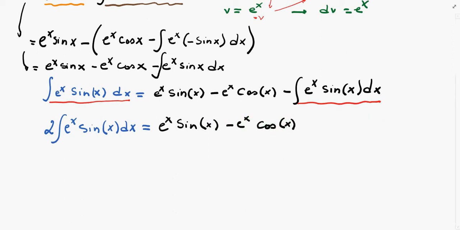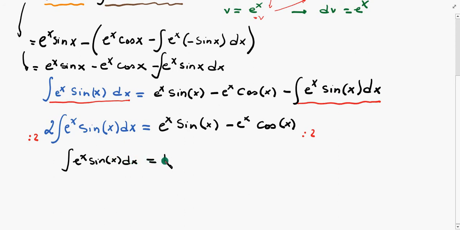Now we divide the whole thing by 2 here and by 2 there. And this is going to give us the integral of e^x sine x dx